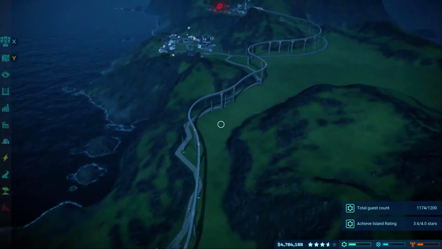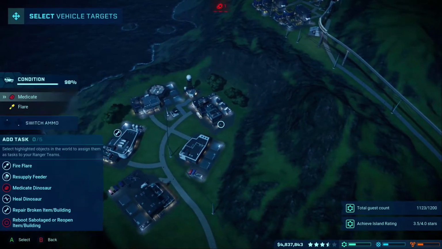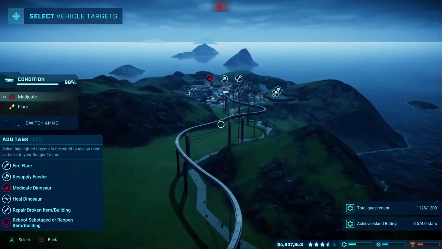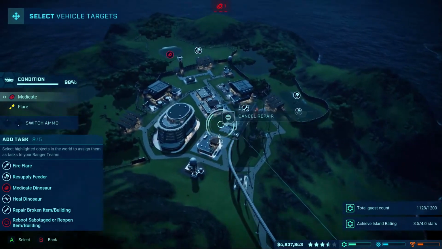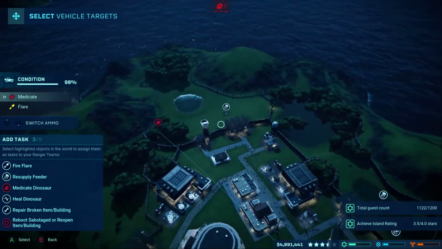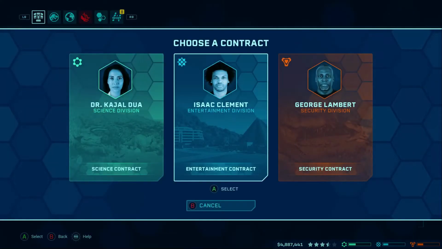Oh, we've got a disease. Oh, I didn't realise that building needed repair. Oh, a couple of buildings need repair. And it's Rexy. Of course it's Rexy that needs medicating. Okay. Now, let's request another science contract because...